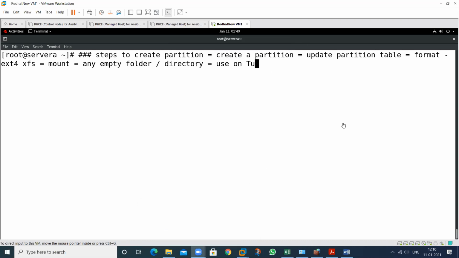So, MBR partition, can you do it in 2 TB? Yes, if you have more than 2 TB of hard disk, you are not able to create the partition on that. MBR supports only 2 TB of hard disk, max to max. A single partition can be 2 TB at most, not more than 2 TB. So this is the limitation of MBR. Mostly in company environments we use MBR also, but for 2 TB. If we want to use more than 2 TB, we should use GPT functionality.